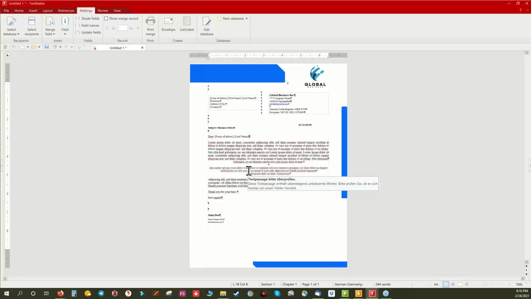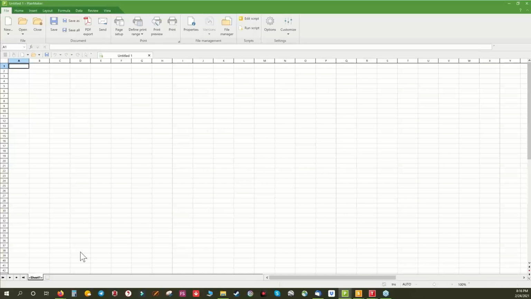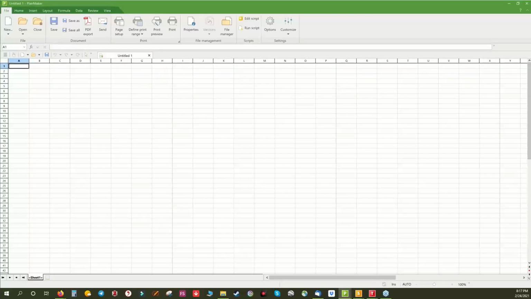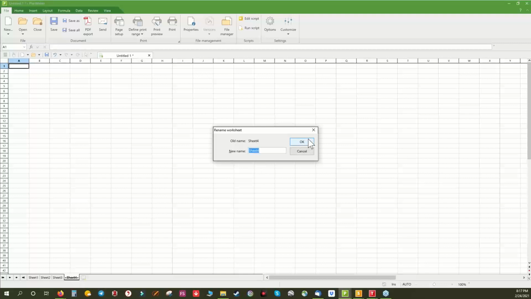The next application is PlanMaker. Let's go for a PlanMaker document like this one. And here I will show you some tables. And also in the business context, first what we do is we want to add some tabs. Let's go for 4. And we also have to name them somehow. So what I do is I name